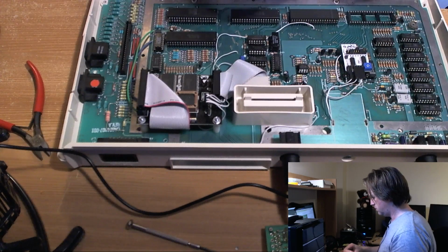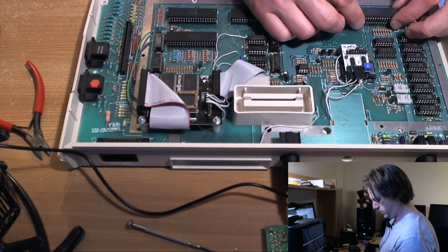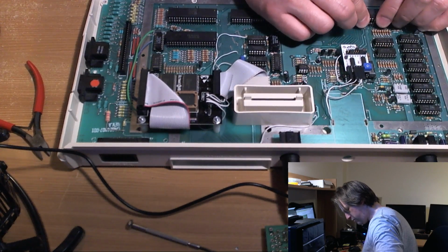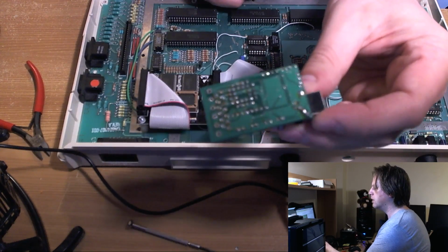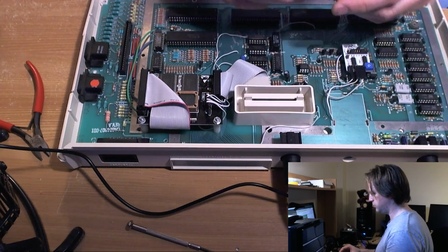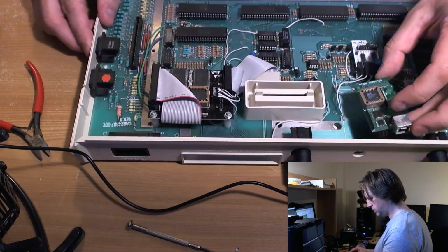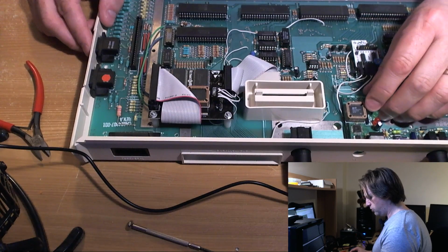Right, so for those of you who just turned up, we are laying the groundwork for putting this AtariMax SIO2PC device inside this machine. Now I'm trying to figure out initially, because I don't think I'm going to get much of this done tonight, just want to get the ball rolling, really,